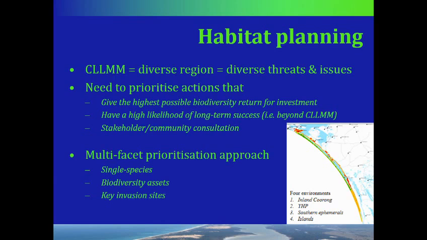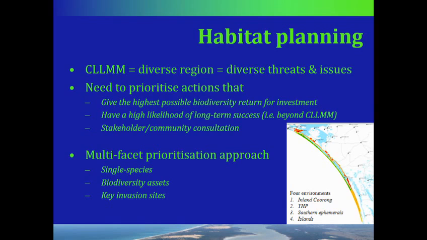So we decided to develop a multifaceted approach to prioritise on-ground actions, which would achieve things and be likely that they'd actually make a difference. Also, given the program which funded the work had a finite lifetime, we wanted to make sure there were things that could be continued into the future by local NRM groups and LAPs and all those kinds of organisations that could continue the work of the plan.